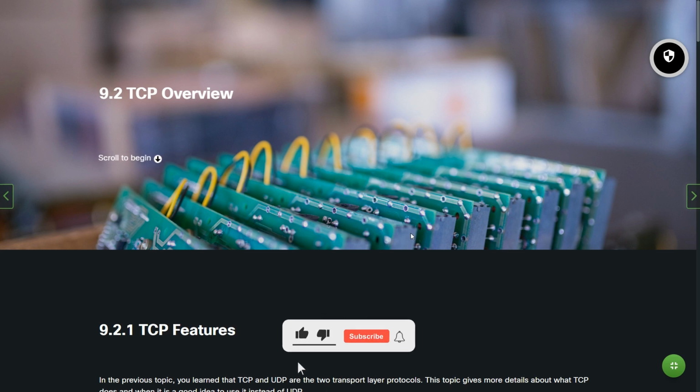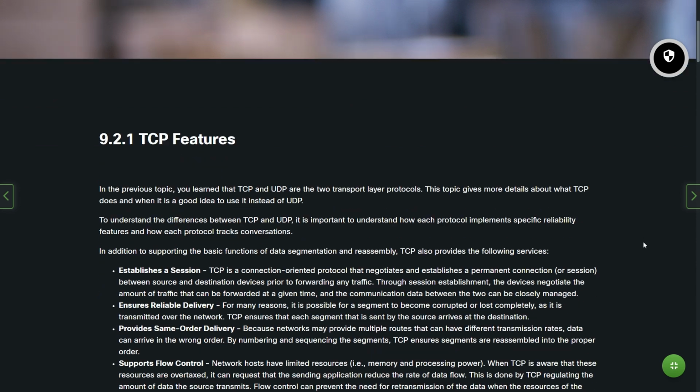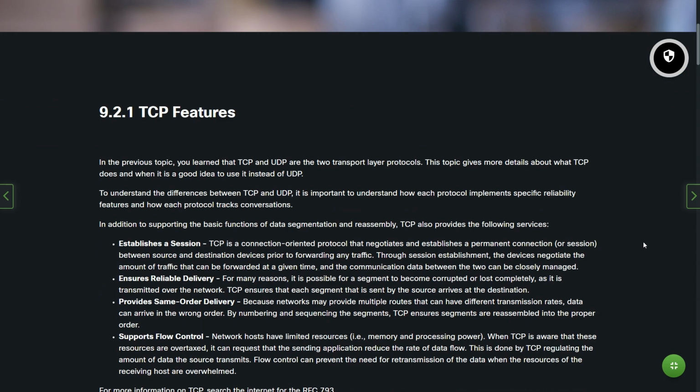Hi everyone, welcome to this chapter, TCP Overview. The first point is TCP Features. In the previous topic, you learned that TCP and UDP are two transport layer protocols. This topic gives more detail about what TCP does and when it's a good idea to use it instead of